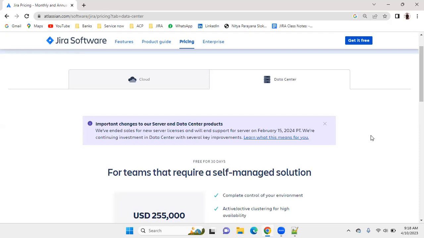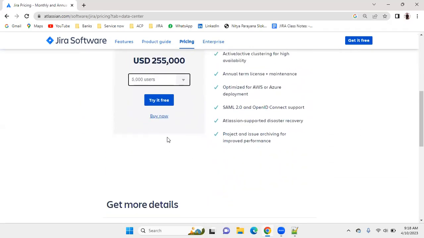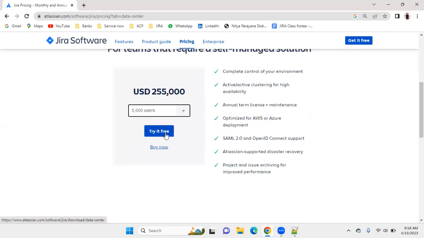give cloud details, pricing details. And if your organization is using data center, you need to give these. But here also we have some differences. Okay. So if I click on see here,